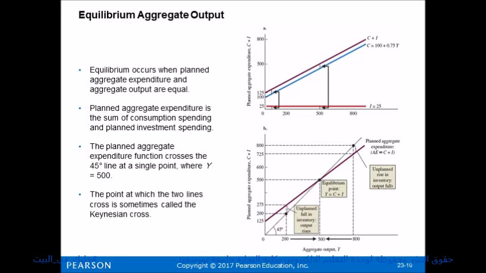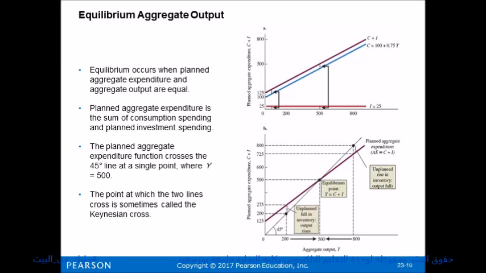First, investment is given by a straight line parallel to the horizontal axis. The consumption function is drawn in blue as an upward sloping line representing the consumption function C equals 100 plus 0.75y, and also we see above the consumption function in blue